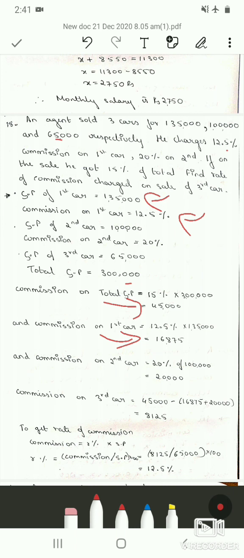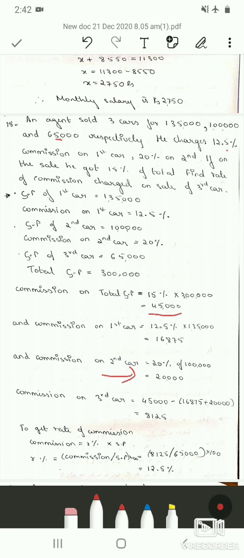And commission on second car is equal to R is 20% in this case, and selling price is 1 lakh. So find out the commission that an agent obtains on the second car, which is 20,000. And commission on third car is nothing but,